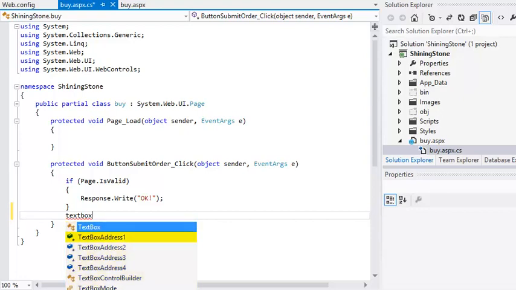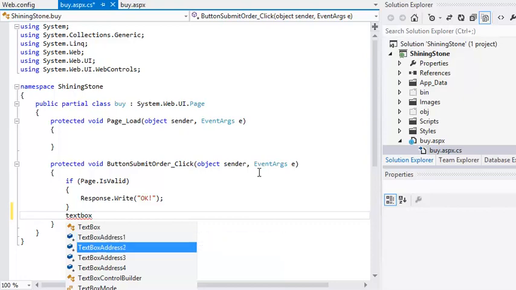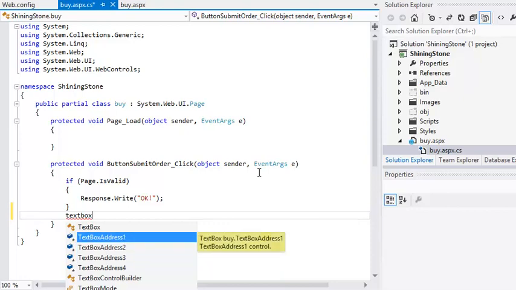Now you're going to select text box address 1. First, you'll need to highlight text box address 1 in the Intellisense menu. You can do this either by clicking on it or by scrolling down to it with the arrow keys. A box appears on the right, giving you some information about the selected item. It's not particularly useful in this case, but it can help you when you're not sure exactly what you're looking